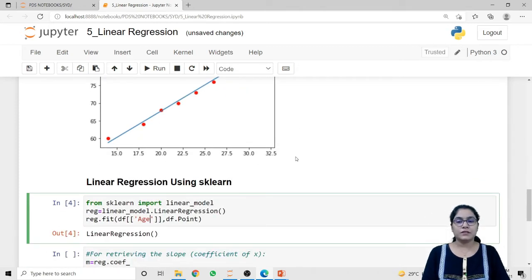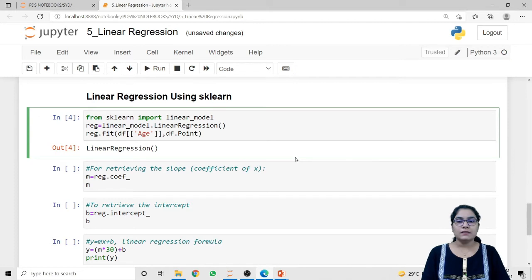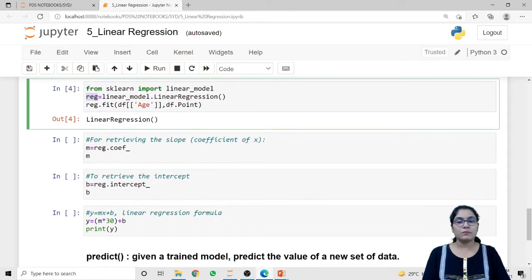Now to perform linear regression, we are going to use the scikit-learn module. We need to import linear_model from the sklearn library, so we are writing this code: from sklearn import linear_model. Now we need to create an object for this class, and for that we are calling the linear_model.LinearRegression constructor, which will return the object of the class, using which we can call the methods to perform regression. First we need to call the method fit. So using this object reg, we are calling the method fit. Fit method is used to fit the model.